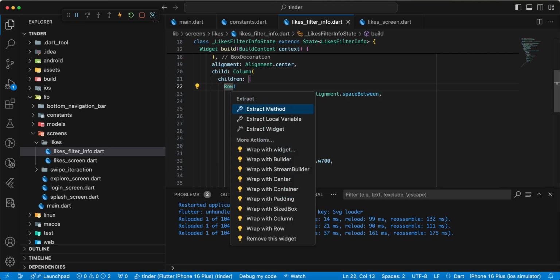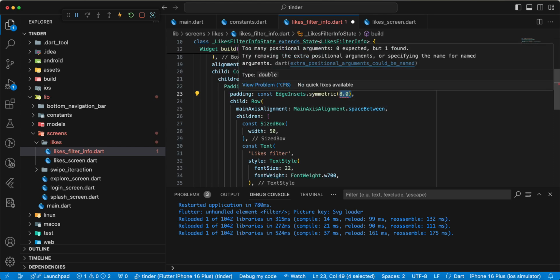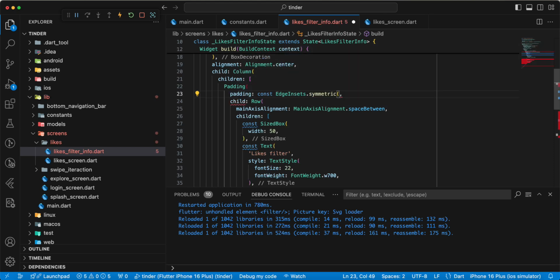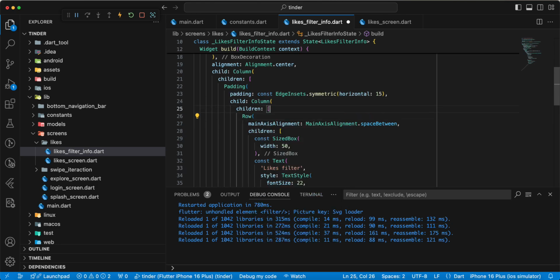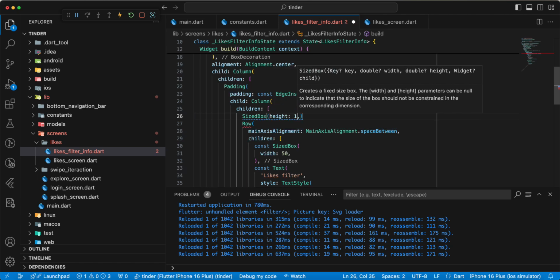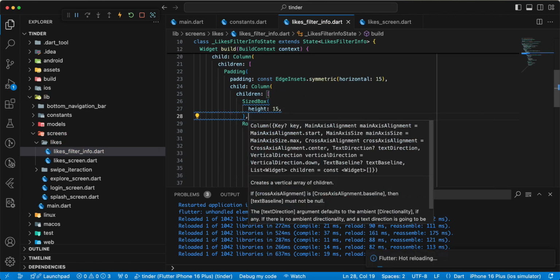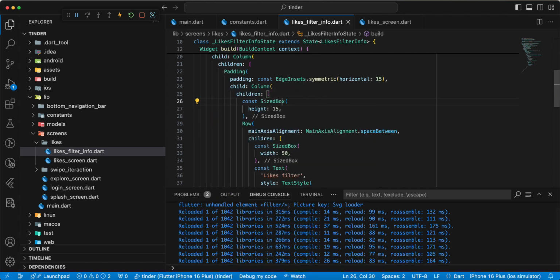and we add widget padding, write symmetric, write horizontal, write 15, then we add widget column, add sized box, add height 15, save,